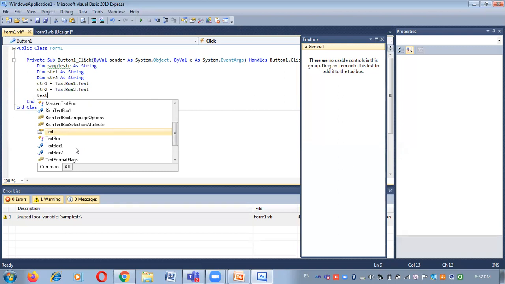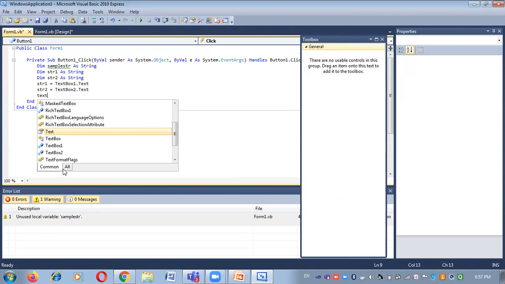Here in this application, I have considered a text box to display the concatenation of the string. But if you want to display the string in a label, instead of this text box, you can take a label control. In Visual Basic, there are two operators used for concatenation. First is the ampersand and another one is the addition, that is the plus sign.